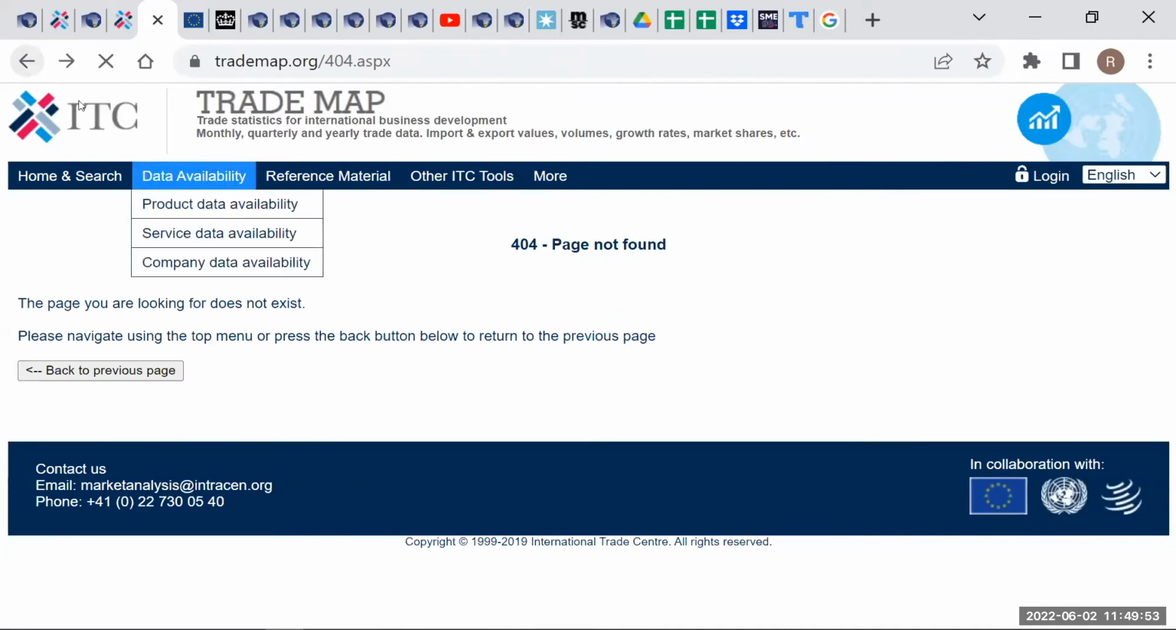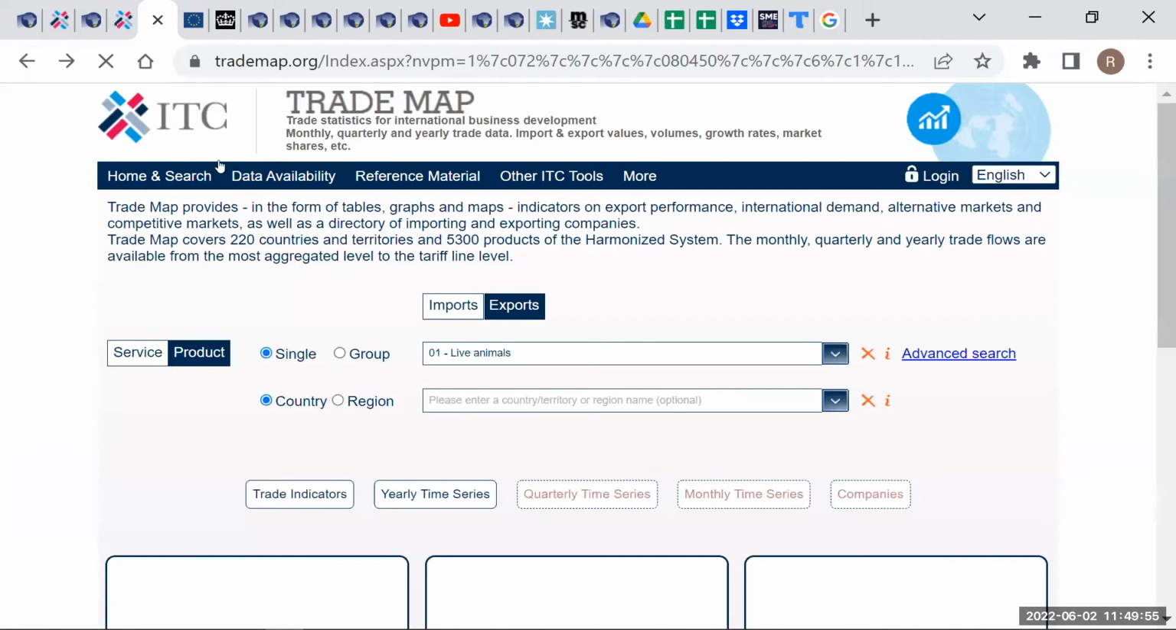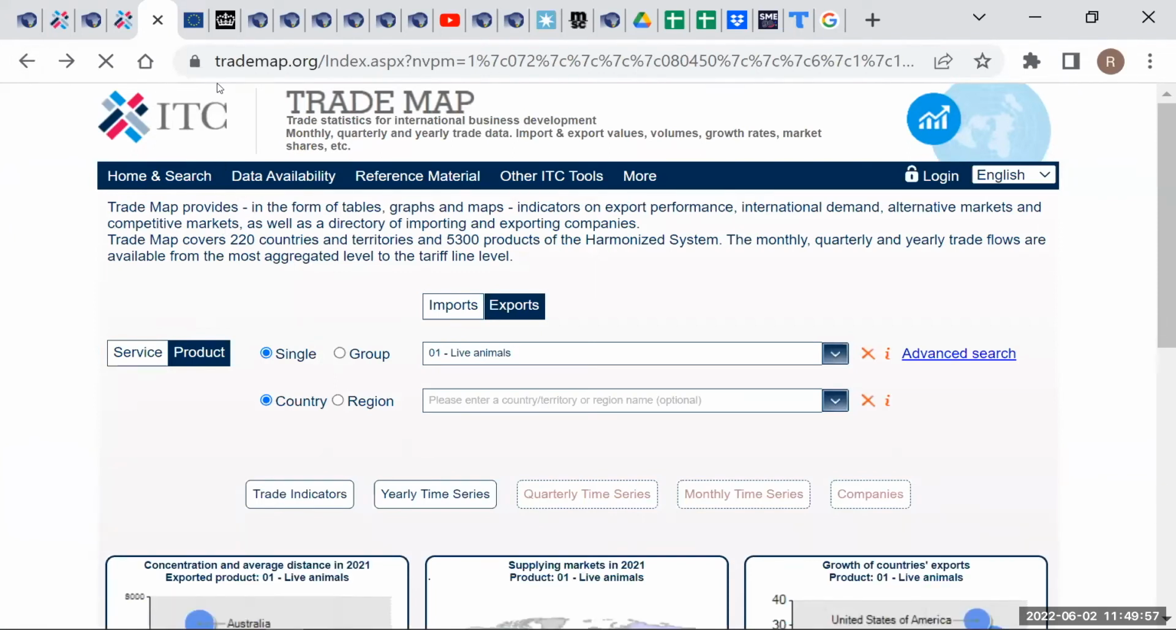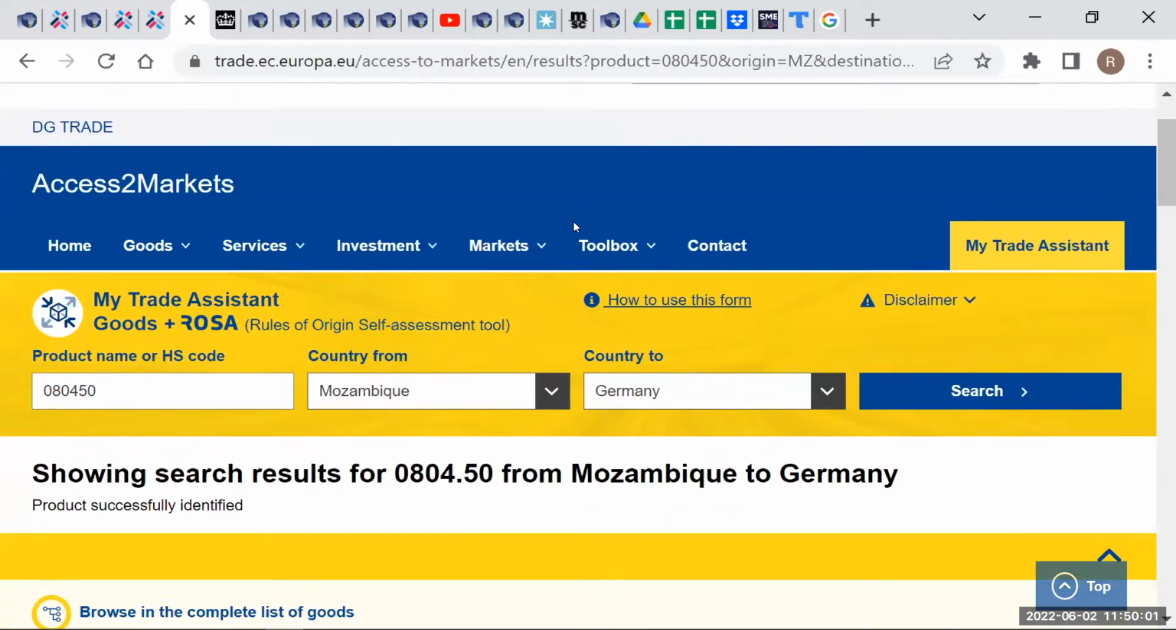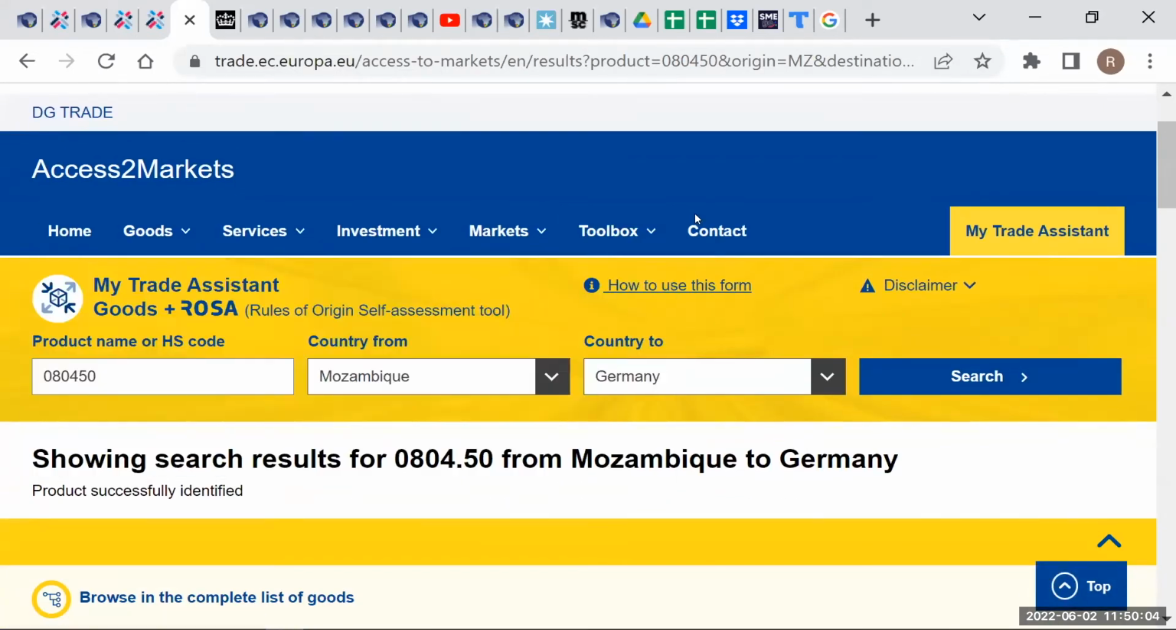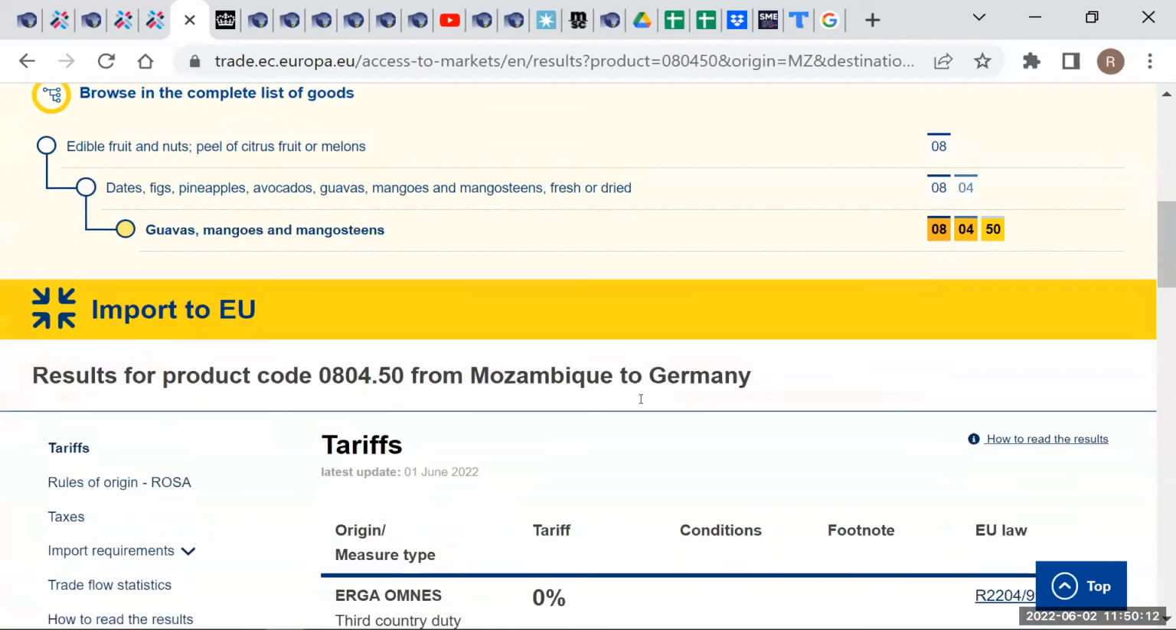there are gaps and hiccups every now and again, but you can use that to identify buyers in a particular country. There are also tools there where you can put in the product. If you're targeting the EU market, there's a tool, My Access to Markets. You put in your product, the country you're exporting from, the country you're exporting to, and